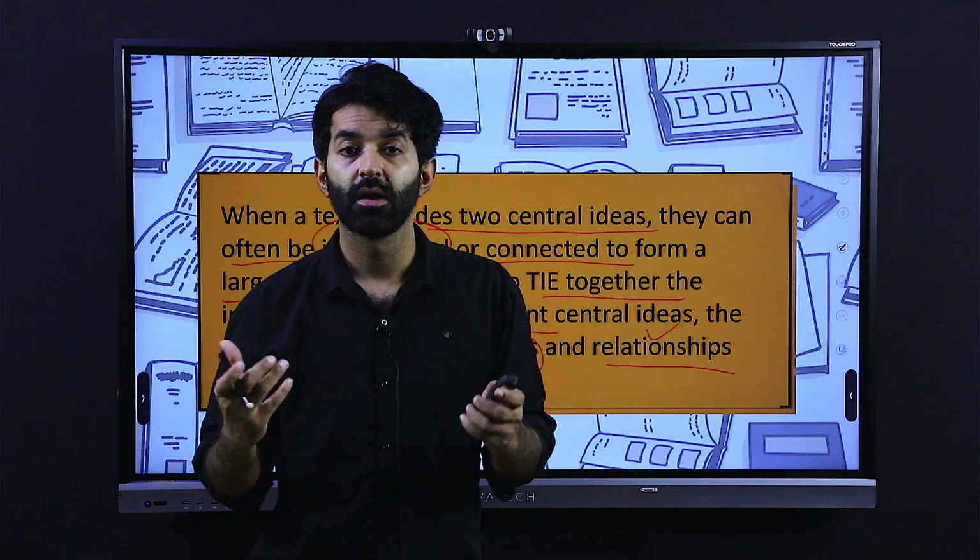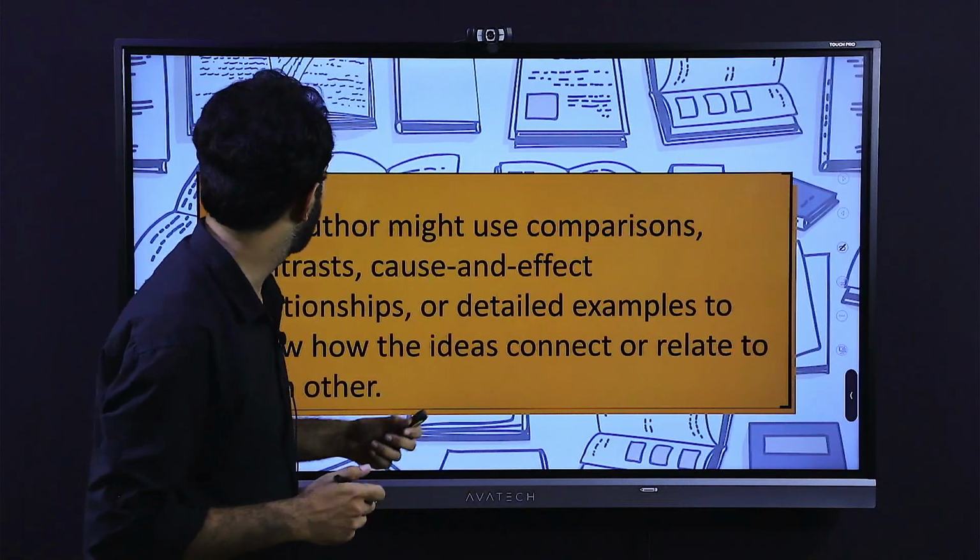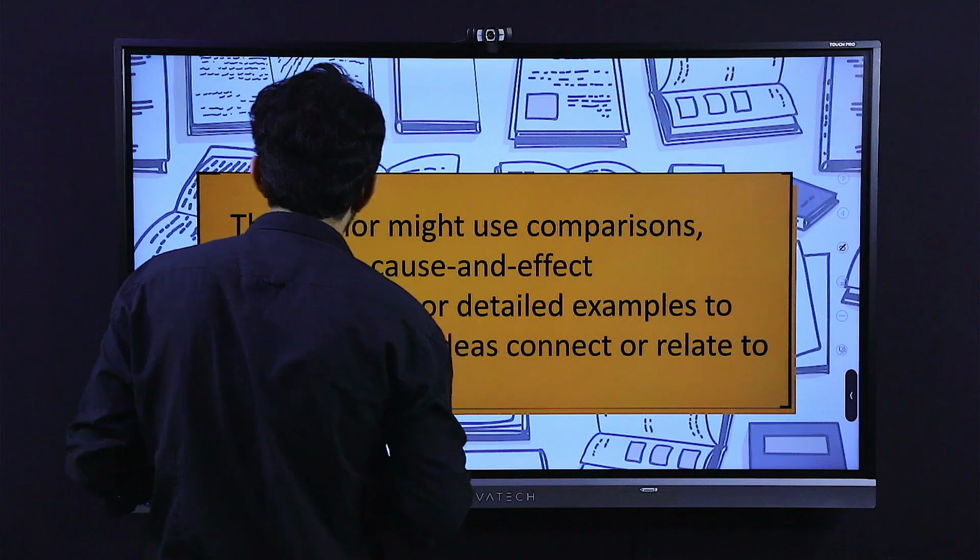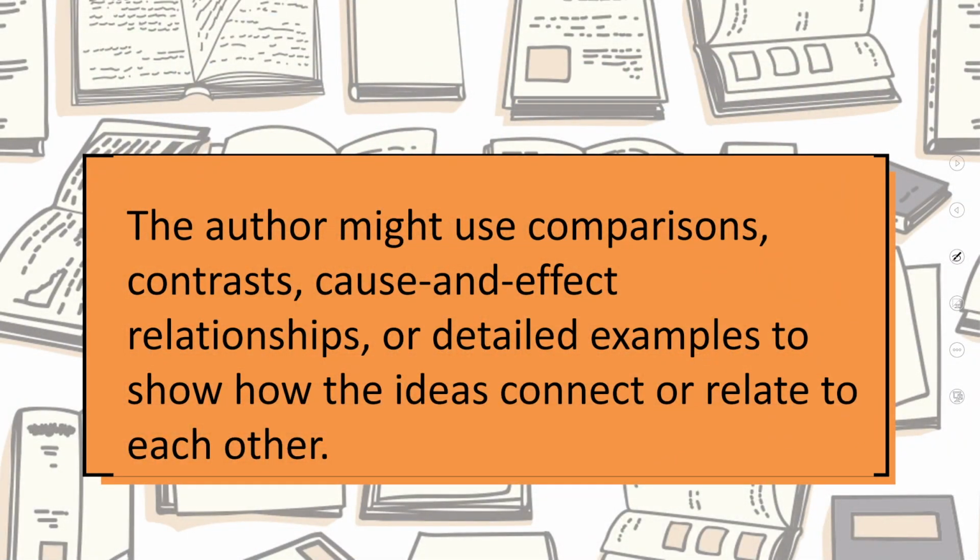So now let's talk about how the author works with these two central ideas. The author might use comparisons, contrasts, cause and effect relationships, or detailed examples to show how